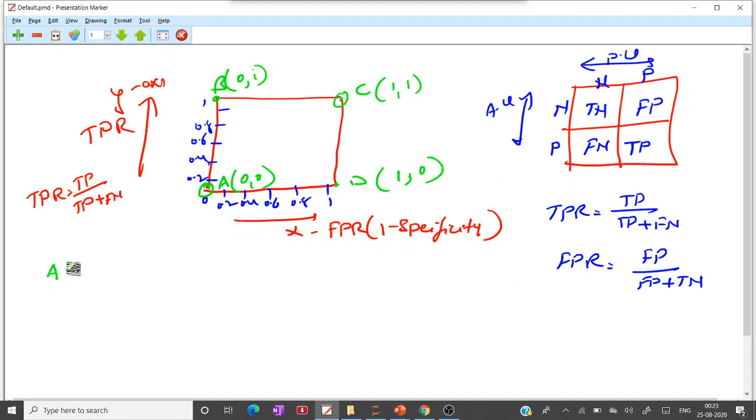Here A is equal to 0, 0. So what does that mean? This is the false positive rate and the true positive rate. So both are 0.